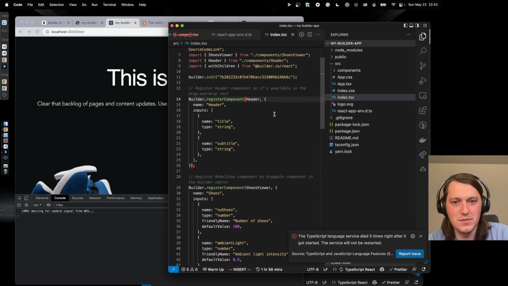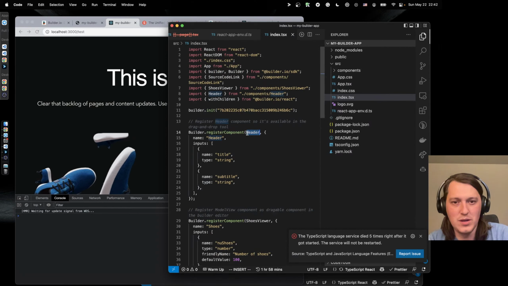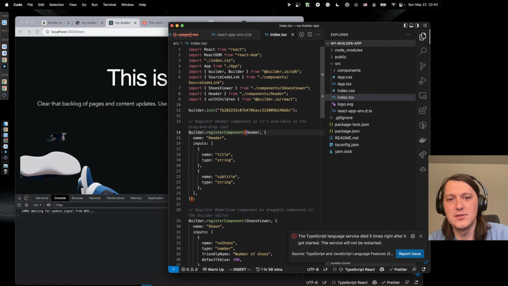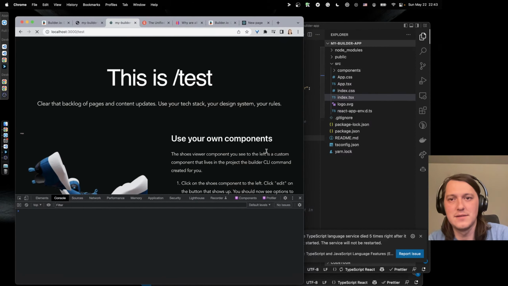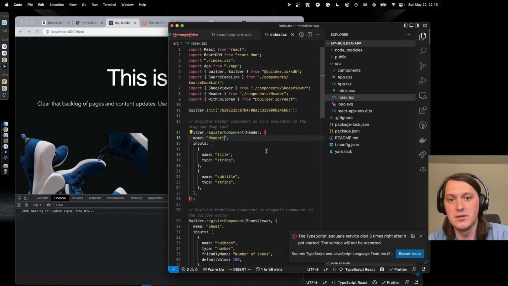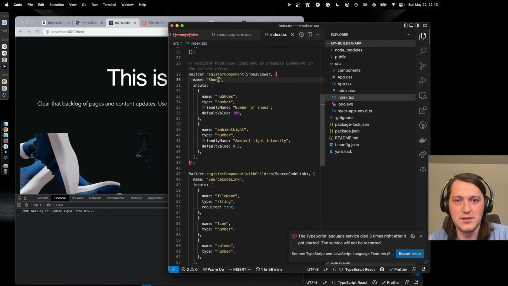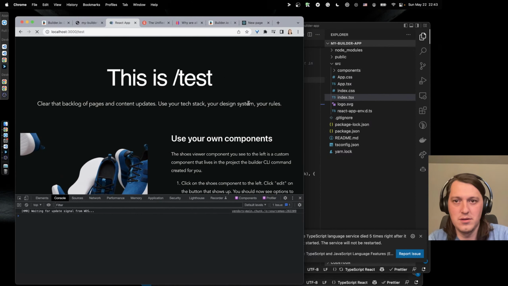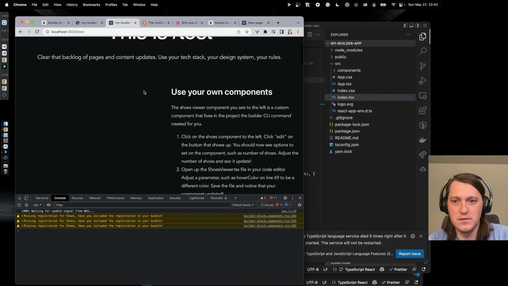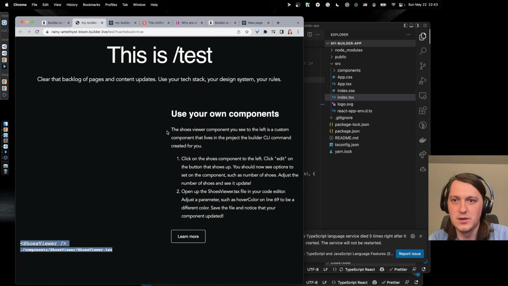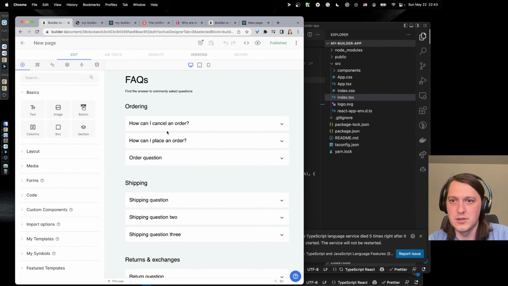Okay, so we have a component header. So this is a way for us to pass that component into Builder. So in our case, like this shoe stuff, yeah. Because in Builder, where's the shoe stuff? So it's /test.